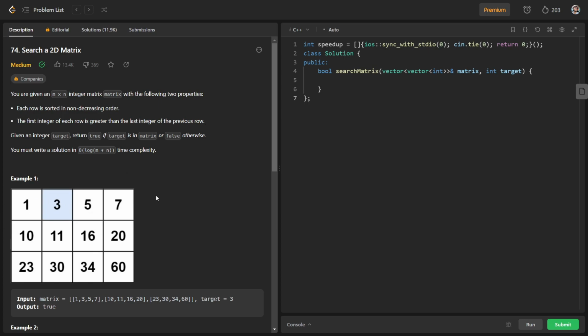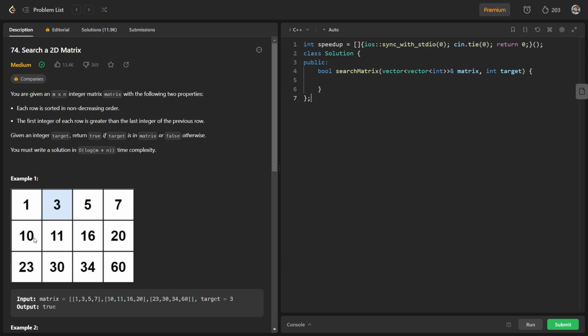So you can see that in this matrix each row is sorted in non-decreasing order. The first row is sorted, the second row is sorted, and the third row is also sorted. And you can see that the last element of every row is smaller than the first element of its next row.